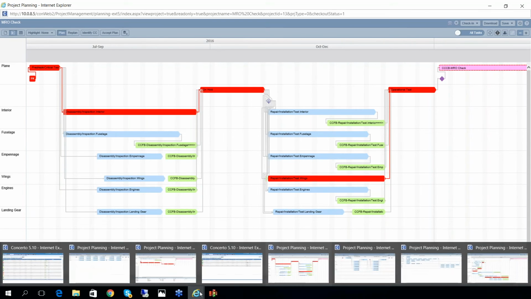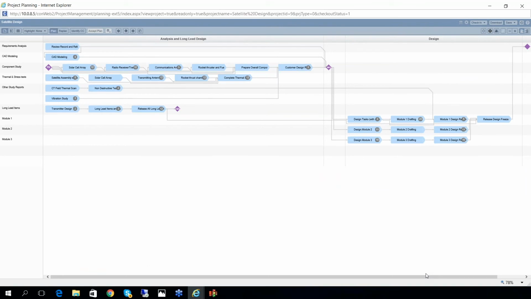Now let's take a final example of a product development project. This is slightly more complex. It's not as linear a structure. In this project plan, for simplification purposes, we have just illustrated 2 phases. There is front-end analysis and design of long lead items, and then there is the design of the rest of the items. And again, this is a very complex, multidisciplinary project.